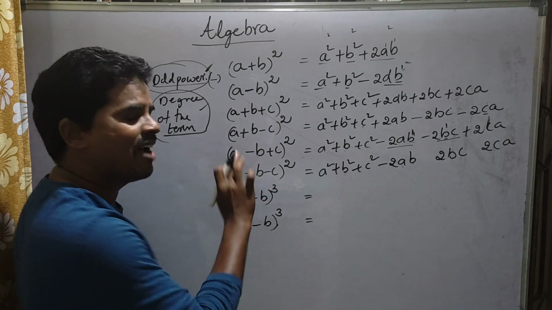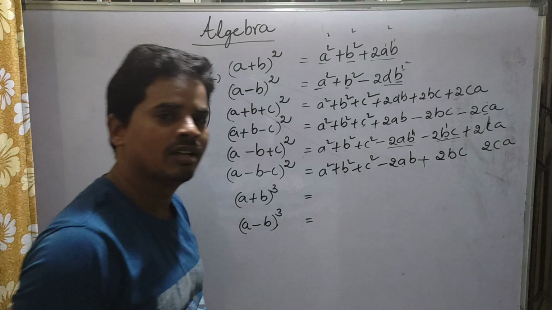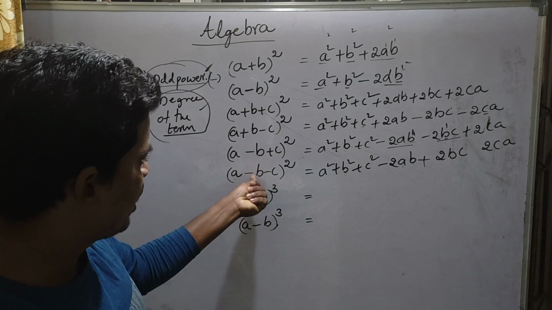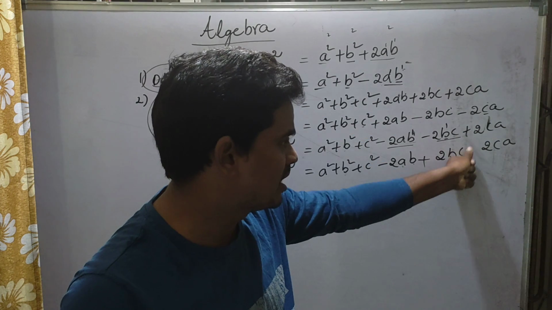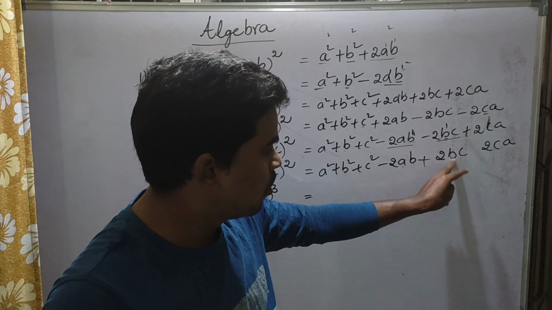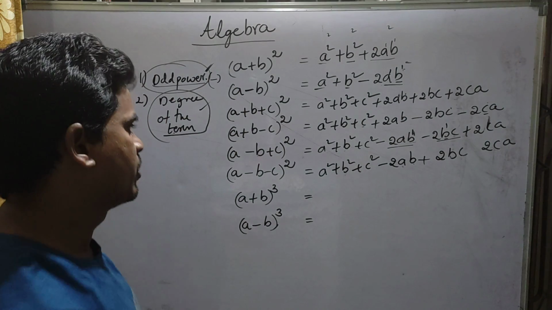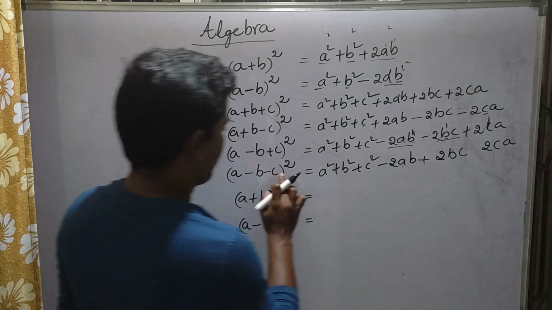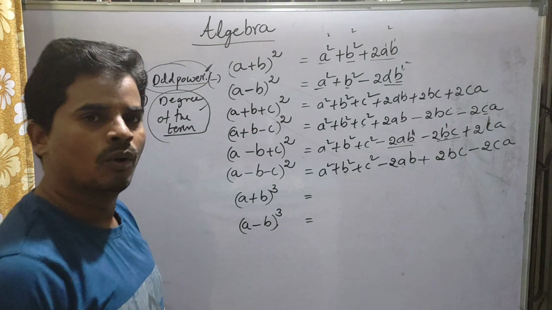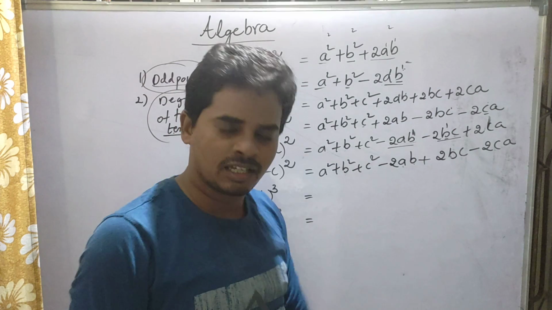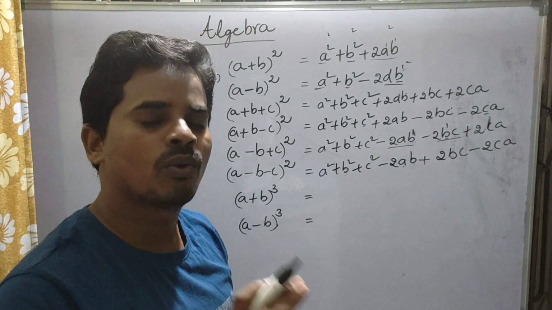Next, 2bc. b and c both have the negatives. If both have the negatives, it is plus, students. See, b has negative, c has negative. Actually here, b has the odd power 1 and c has the odd power 1, so it should be minus. But both are in the single term, so we should keep that one as plus. Remember this one also. Next, 2ca. Again a is positive and c is negative, so minus only we will get. So this is the trick or simple logic you have to remember, and don't write the formula wrong.